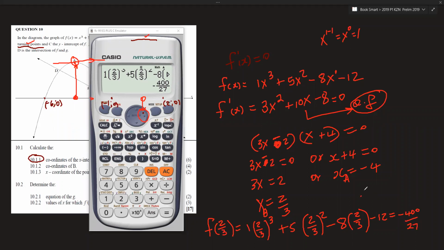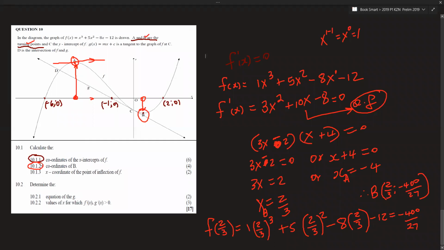400/27. Therefore, remember, a coordinate must always be written in point form, right? X first, and then your y value is 400/27. That's how we find the coordinate of B. Then we're done with this question here, right? Awesome. So now we're going to do